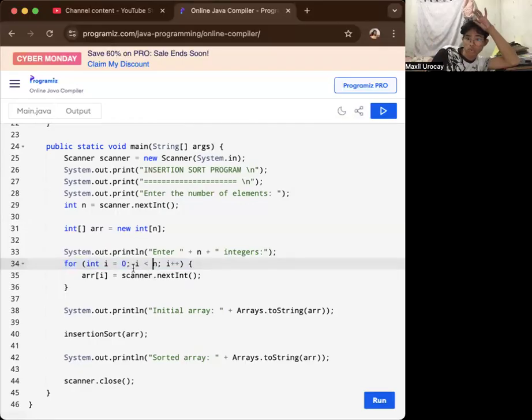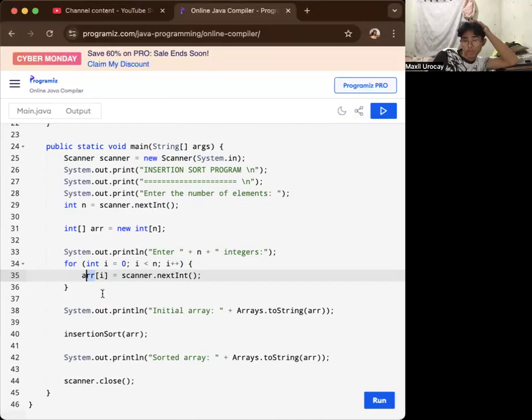So ginstore na naton siya sa array. That scanner nextInt method is used to read each integer which is being inputted by the user.